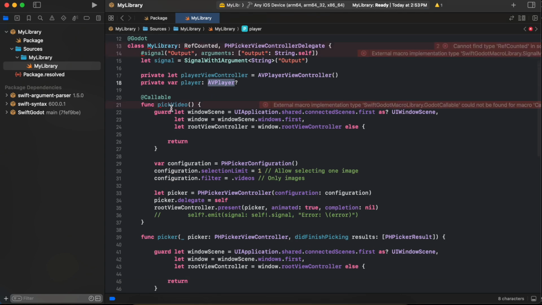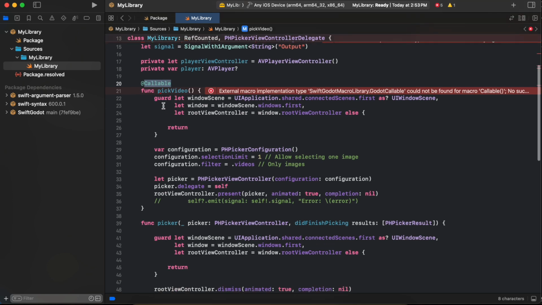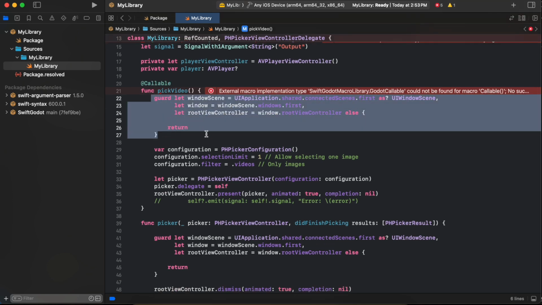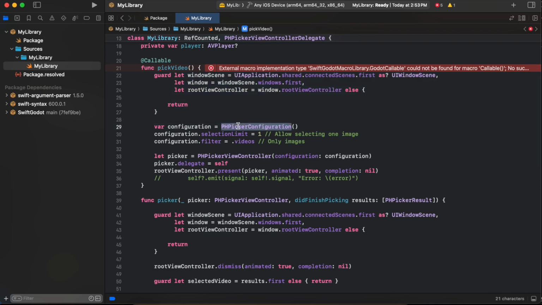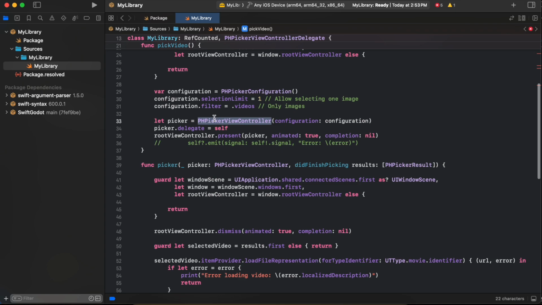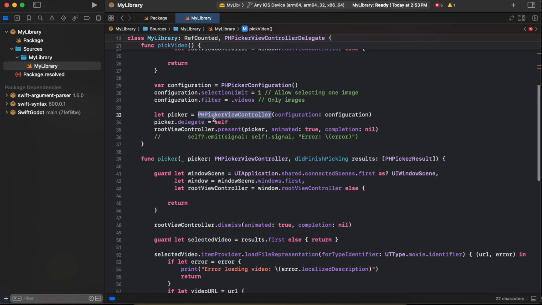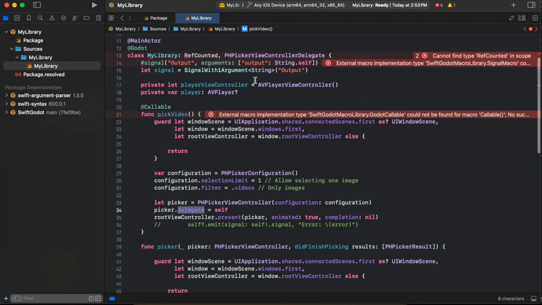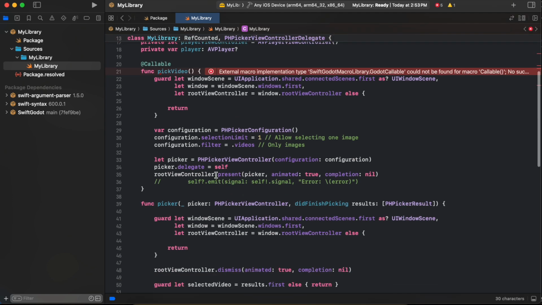Then this is the method called pick video. Again, it has been annotated with @callable so that it can be called from GDScript as well. Firstly, here we get hold of our root view controller. Then we create our PHPickerConfiguration. Selection limit is 1. We filter by videos. Then here we have created this PHPickerViewController. I'm setting the delegate which we had initialized over here, and then we just present the Photos app to the